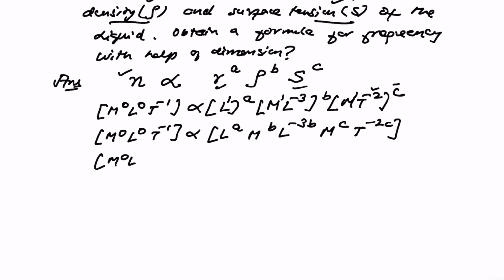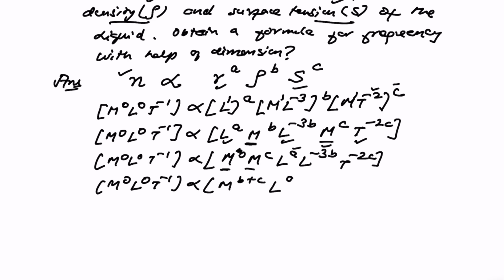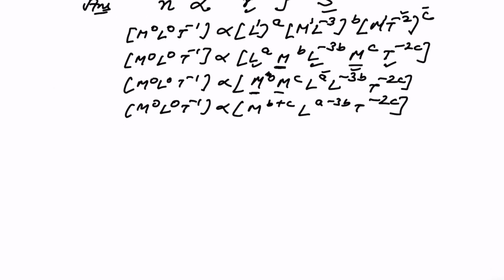अगले स्टेप में हम क्या करेंगे, अब राइट हैंड साइड में M वाले टर्म को एक साथ कलेक्ट कर लो, तो M की पावर आ गई b इंटू M टू द पावर c। इसी तरह L वाले टर्म को कलेक्ट कर लो, L की पावर a, L की पावर -3b। अब T की पावर कितनी है -2c। तो M टू द पावर 0, L टू द पावर 0, T टू द पावर -1। अब आपको पता है अगर बेस बराबर होती है तो पावर ऐड हो जाती है। यहाँ M की पावर b है, यहाँ पे c है, तो M की पावर कितनी हो जाएगी b प्लस c। यहाँ L की पावर a है, यहाँ -3b है तो a -3b और T की पावर -2c।